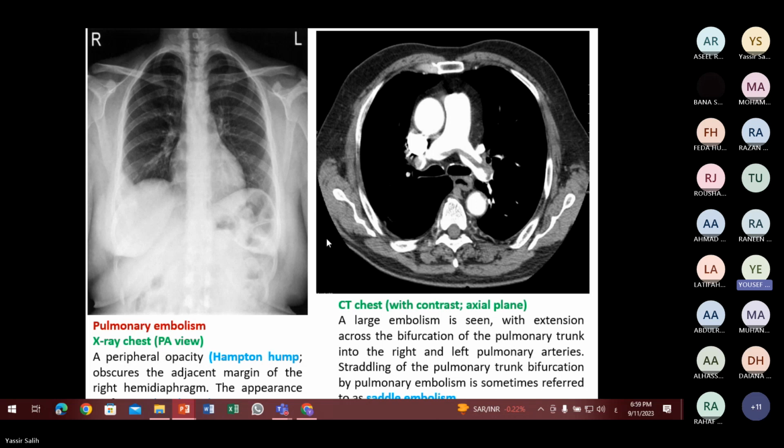CT in active CT in mediastinal window with contrast. Yes, thank you. What abnormality do you see? Yeah, there's in the pulmonary trunk. Yeah. There's